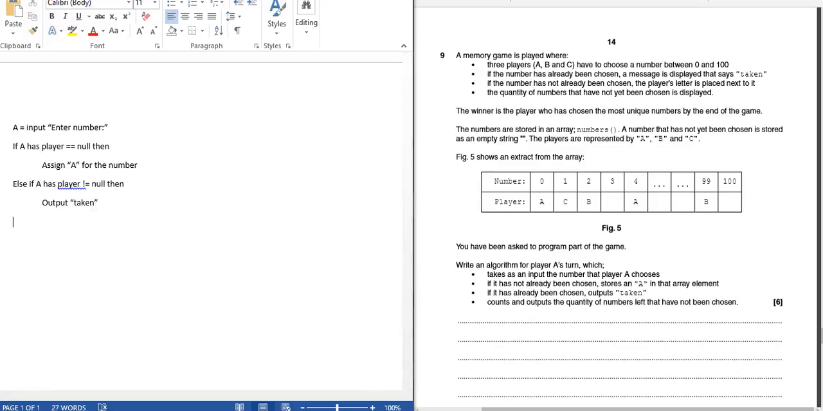And now you just want to do count. At this point, it's asking us to count and output the quantity of numbers that have been left. Count numbers where player is null. Output total count. So at this point, what we have essentially done is we've broken this down, these bullet points, and we're giving